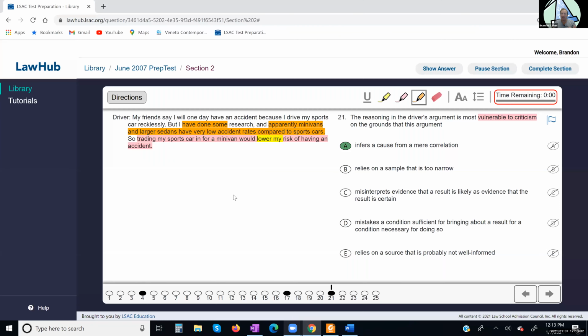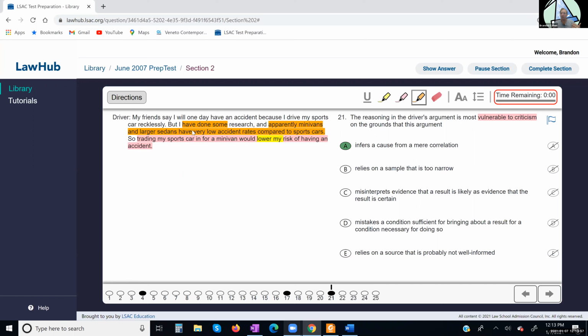What they are comparing here is minivans versus sports cars, but the guy is switching from a sports car to a minivan in his conclusion. He's saying, I'll trade in the sports car for a minivan. So I'm okay with the X versus not X idea. It's minivans versus sports cars. Sometimes that would be an issue if they didn't tell you that he had a sports car, or they didn't tell you he's switching from a minivan. But it's not an issue of that language here.